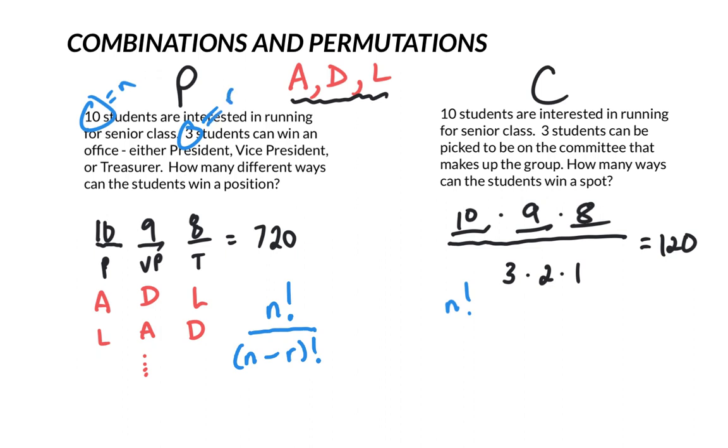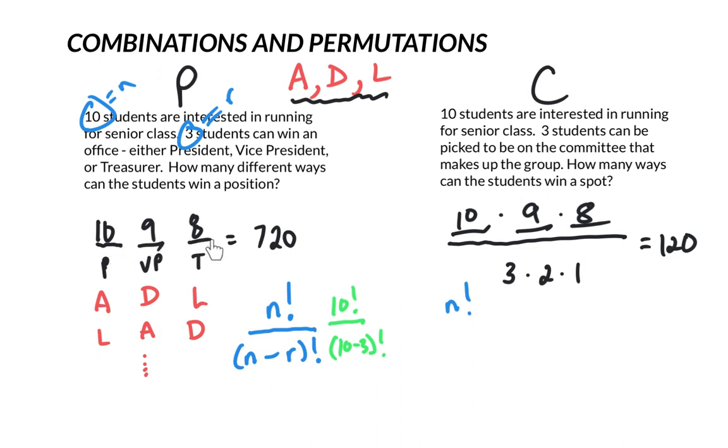Now, the reason we do that, if I could just kind of write this, we'd have 10 factorial, and down here we'd have 10 minus 3, so 7 factorial. The factorial starts us at 10 and it's multiplying down